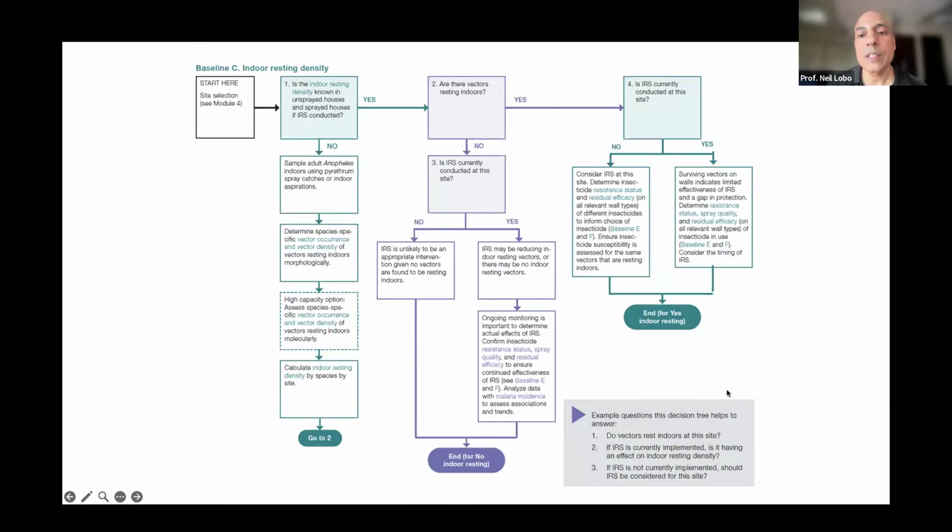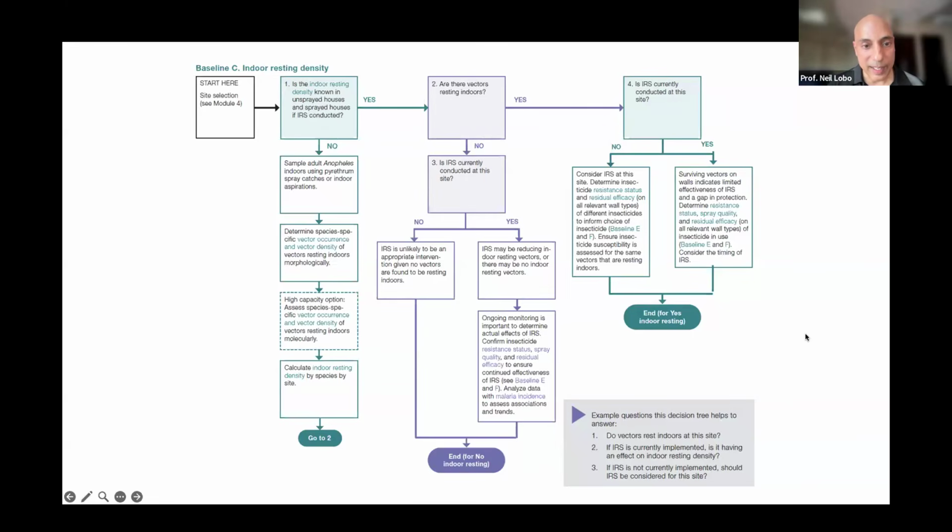And even though this looks complicated, this actually maps almost everything you can think through when looking at an indicator. And in the example here, it's indoor resting density. So if you look through the ESPT, it has all these. Download it, reference them, because in the interest of time, even though we have 3 days of 2-hour sessions, we cannot go through all these, but they're all available for you. So this enables you to think through everything before you even start.